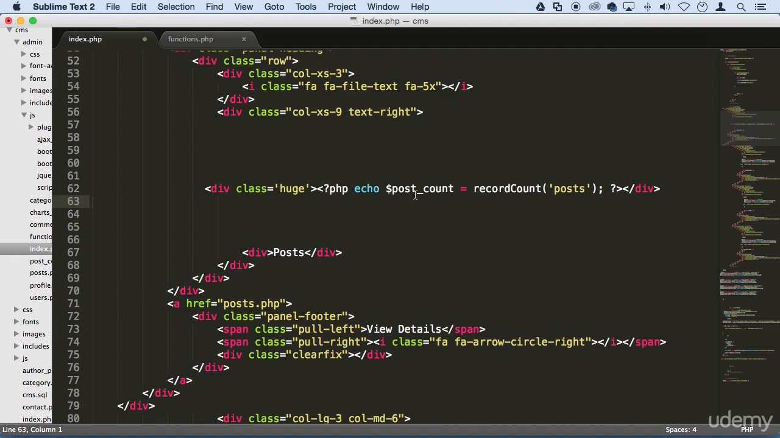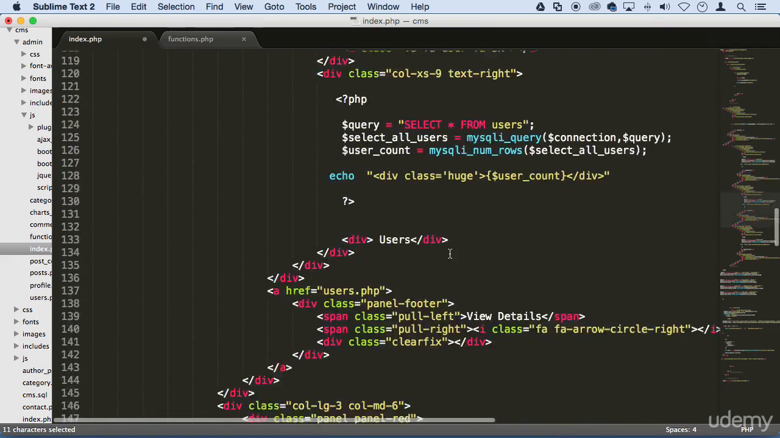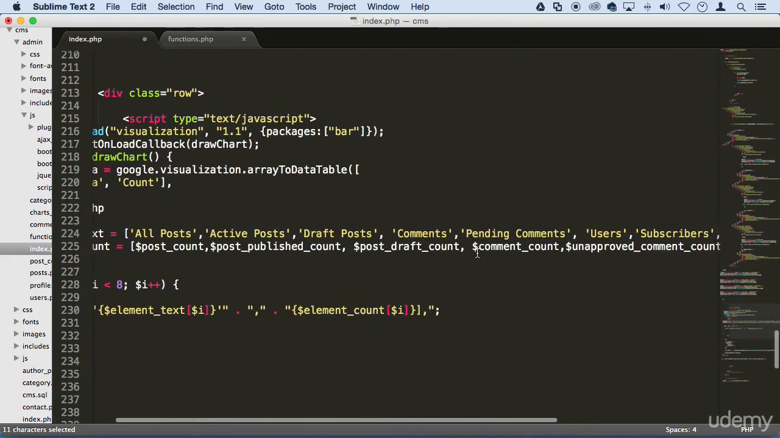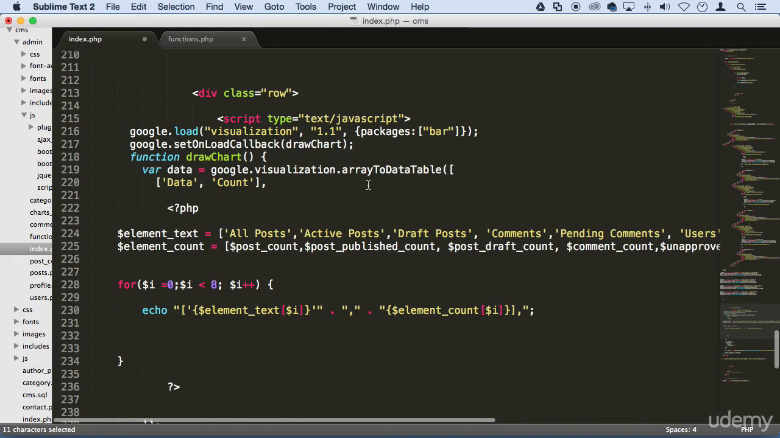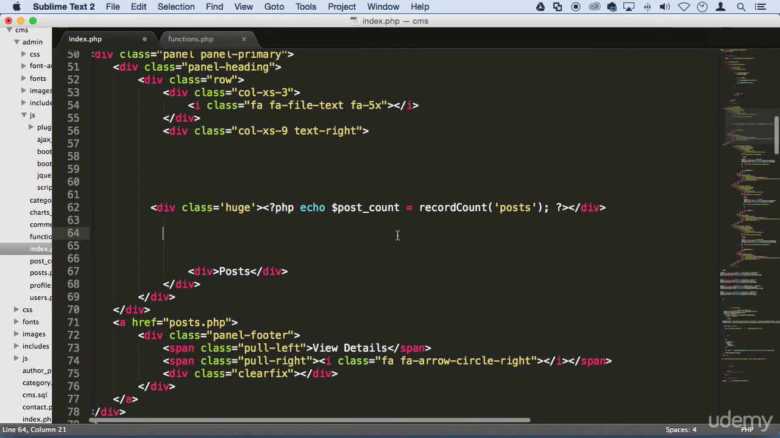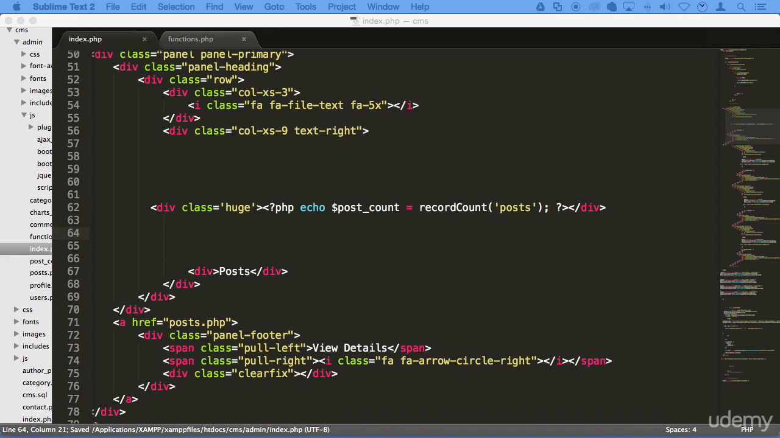We need this post count down here, so that's why we're going to keep the variable. We need it all the way down here somewhere. All right, we're using it right here, so we're going to keep it. All right, so we're going to save it, and then if we go back to our